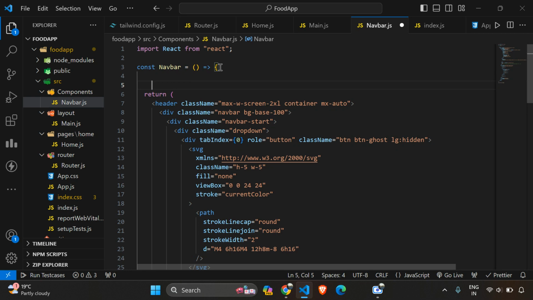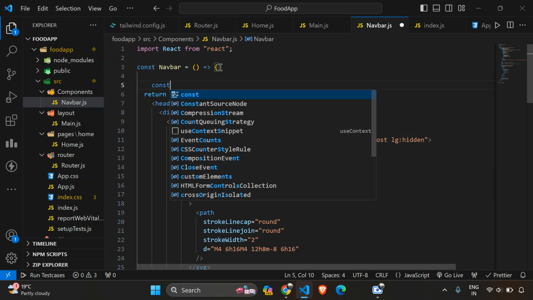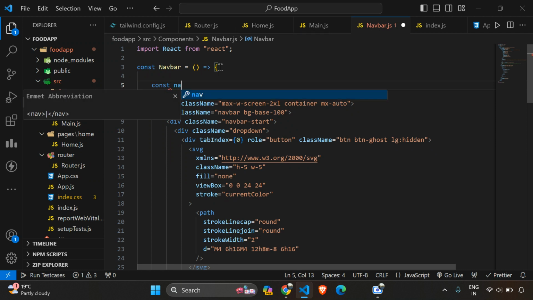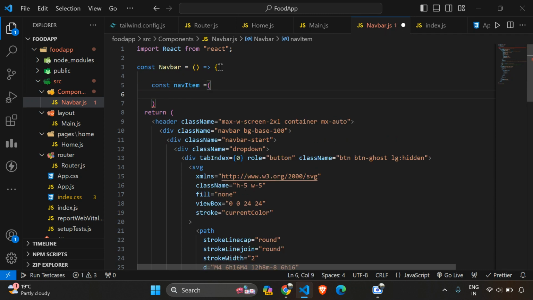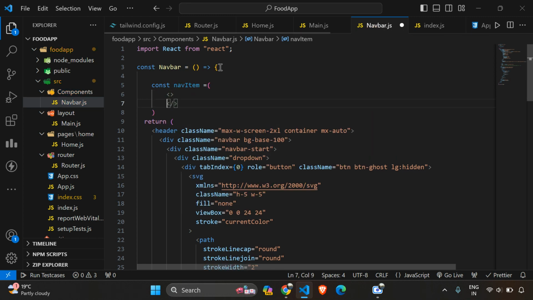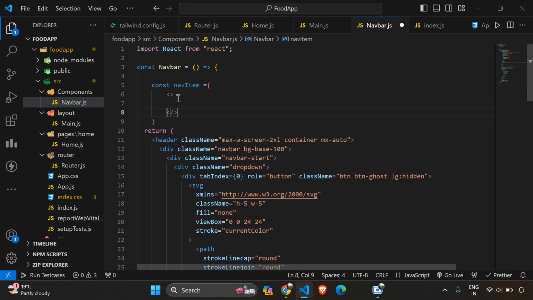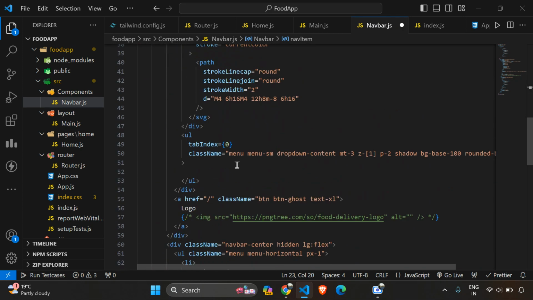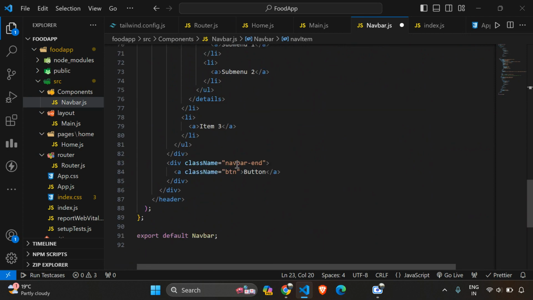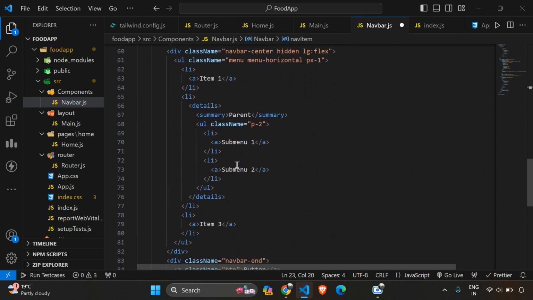Here what you can do is, you can create a variable. Okay, so let's create a constant variable. I will name that one to be as nav item, and inside of this one I will be storing all these values. Okay, I will be storing all the code that I have cut from there. Okay, so I have stored this entire thing in the nav item, and if I want to show that thing,